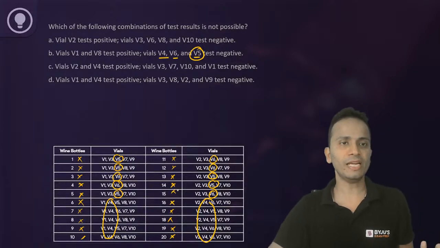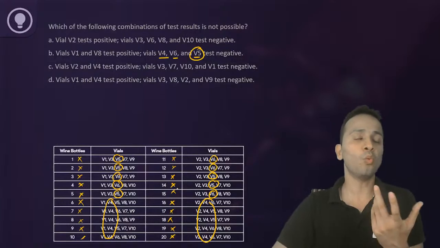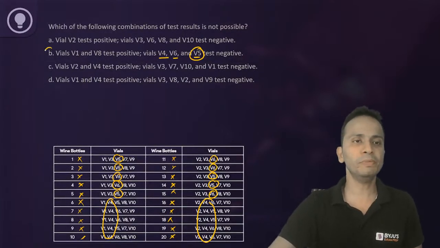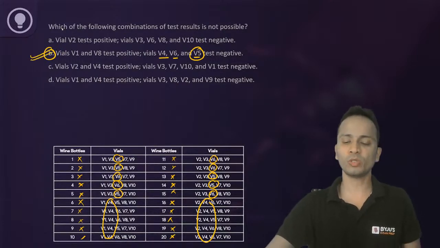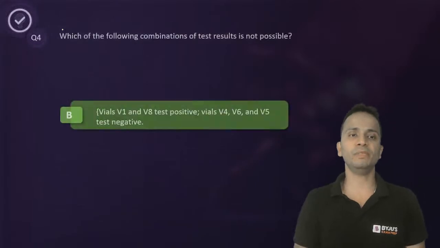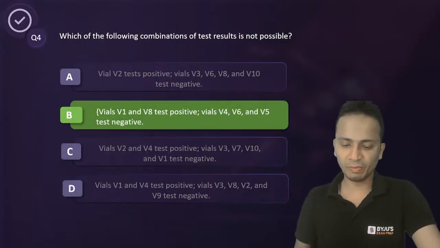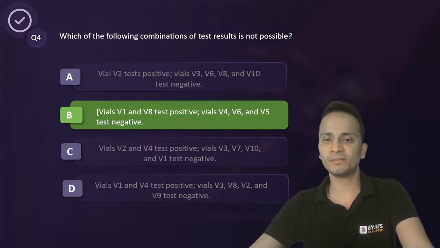Okay, right? So it is not possible because poison is there in one bottle, exactly one bottle. Right? So option B, this particular test result is not possible. So the correct answer will be option B, and that is the correct answer. Okay. So people who have given option B as the answer, they all are correct.